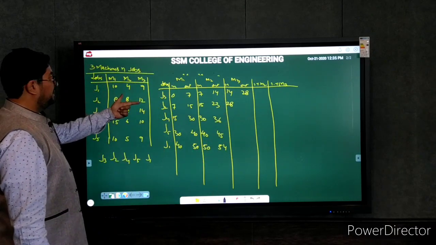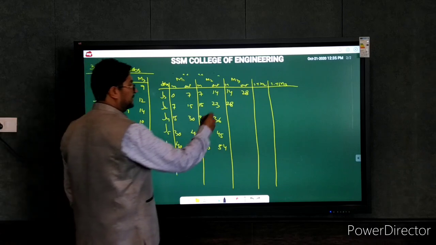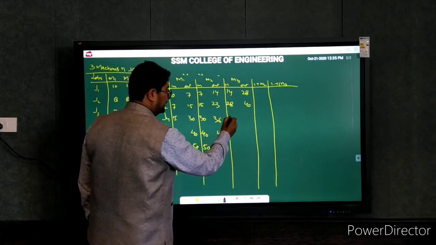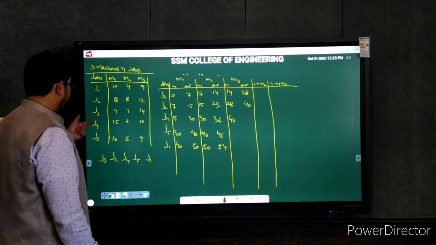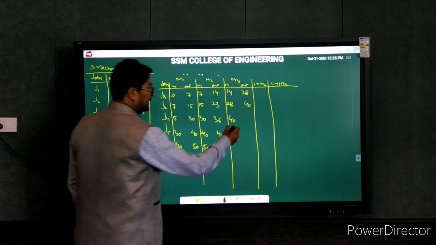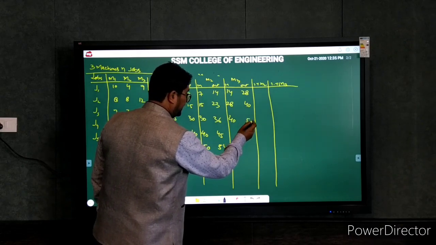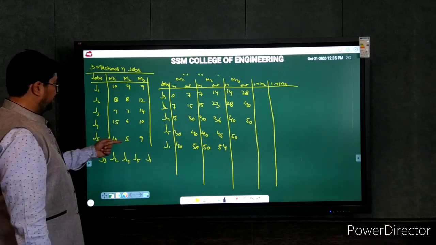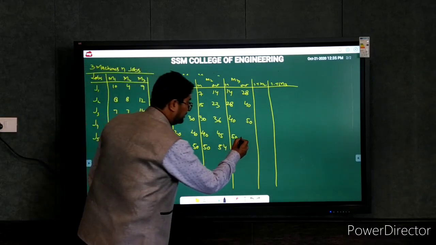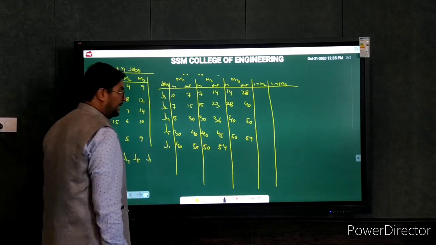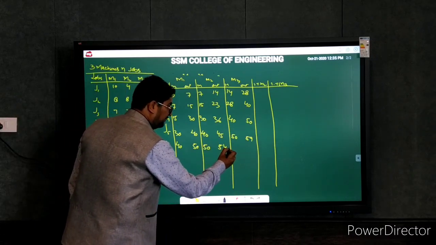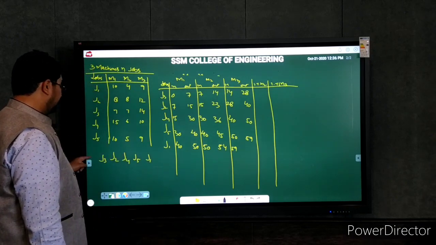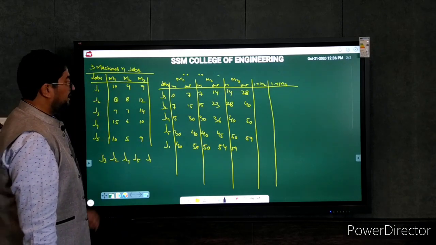J2 at 28, it takes 12 hours. That becomes 40. At 40, can we take this job? Yes. We have taken this just J4, it takes 10 hours. That becomes 50. At 50, we can take J5. We have taken J5, it takes 9 hours to complete it. That becomes 59. At 59, this job is already available. So at 59, we'll take J1 job first, and it will be completed in 9 hours.